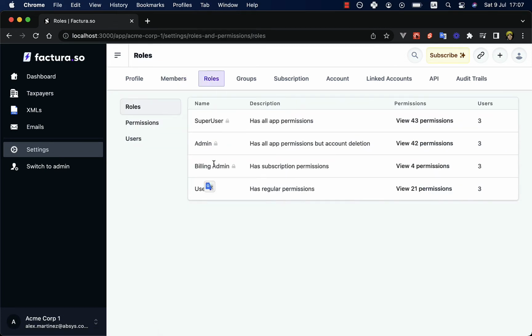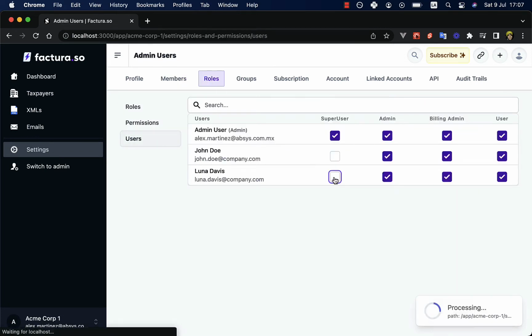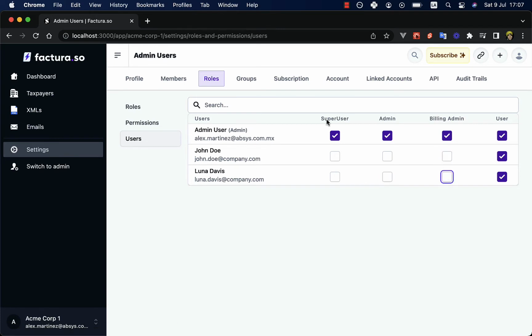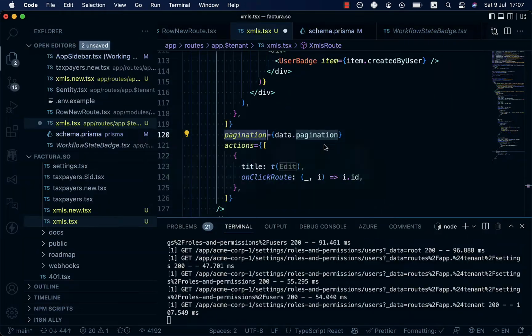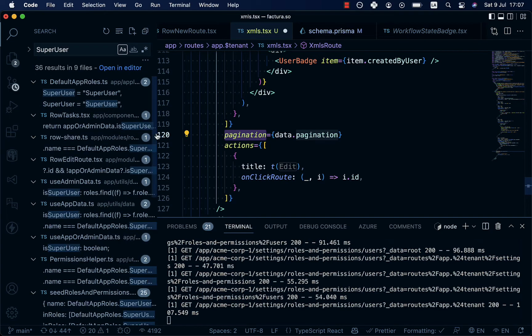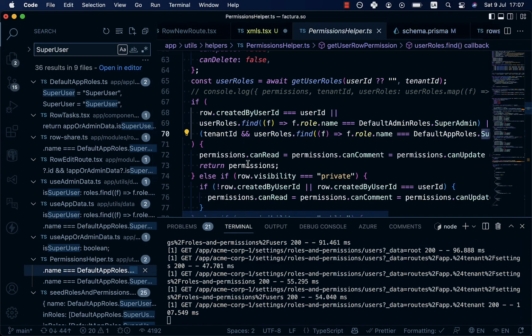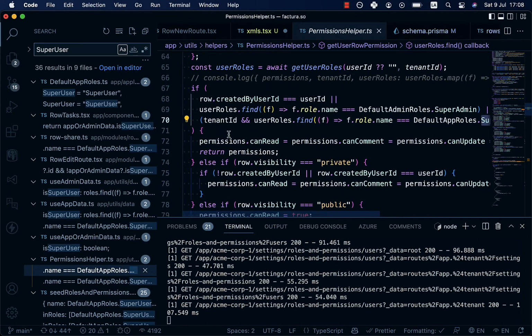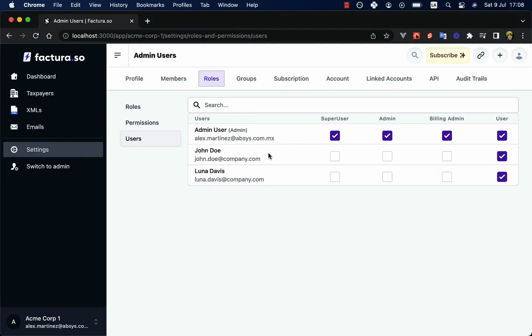So if we go to the roles, let's remove them from the super user, because super user is a hard-coded role that bypasses all permissions. You can change this as well, but basically you search for super user, and as you can see, it's hard-coded in some places. For example, permissions helper: if it's created by this user or it's a super admin or a super user, it bypasses the permissions. So that's why I'm removing them, and I'm going to test